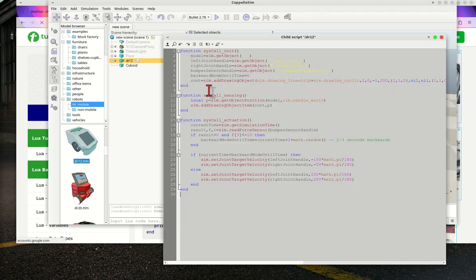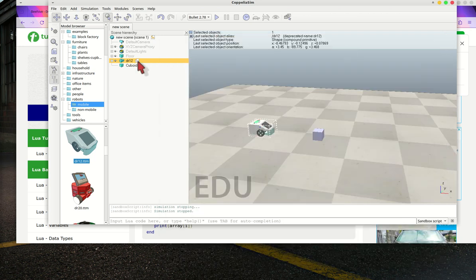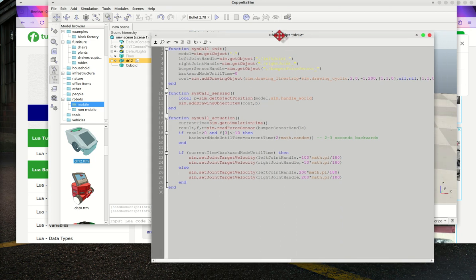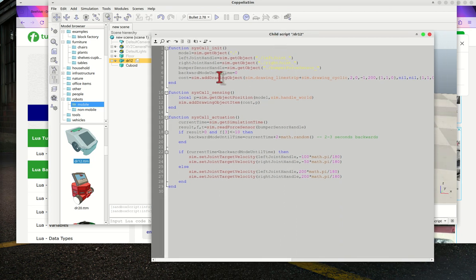So okay, in this case this is the code for the robot. You just type in this one. Sorry, you click this one. This one should appear. Over here you have the handle of the object.